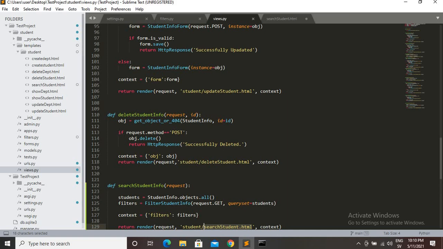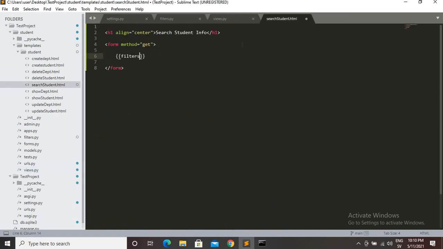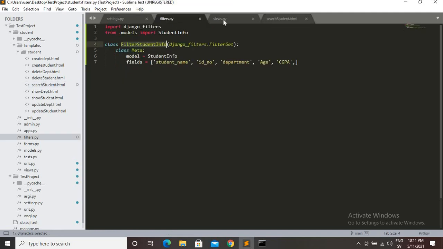Yeah, this key dot form, and we need a button which is search. Type submit, then value should be search. Okay, and then go to the views.py